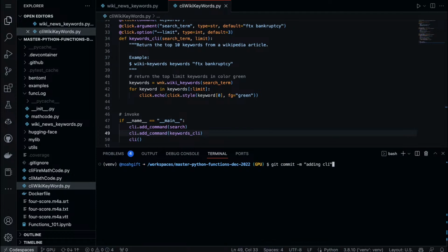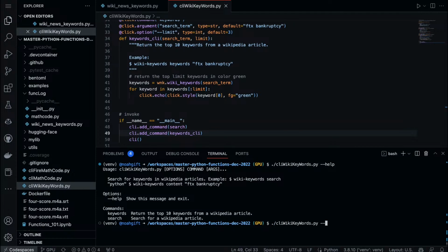And now let's test out our tool. Help, that works. If we look for keywords, by default, it'll do the FTX bankruptcy. There we go. So the 3 top keywords are FTX, November, and Alameda Research. So at least the first 2 make a lot of sense, or the first and the third, like FTX and Alameda Research. Those are the 2 places that were invoked in there.